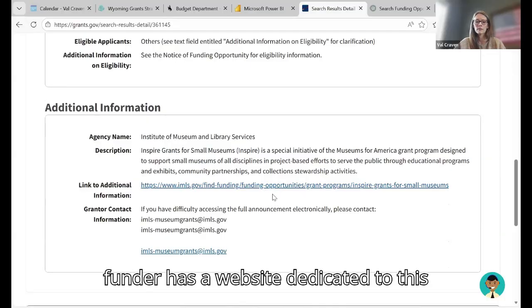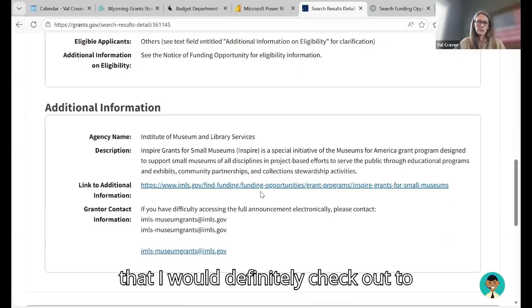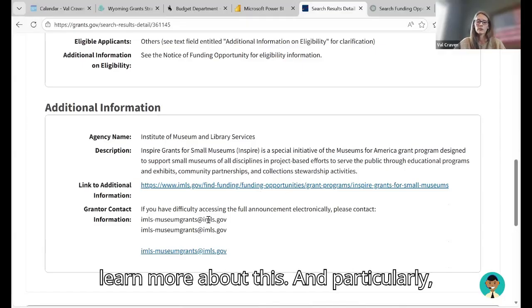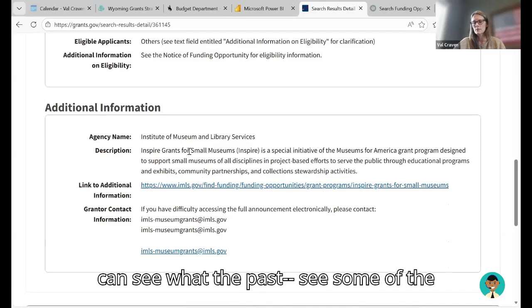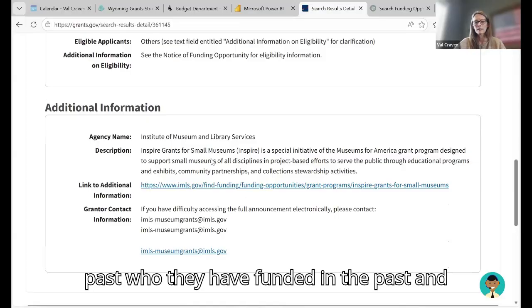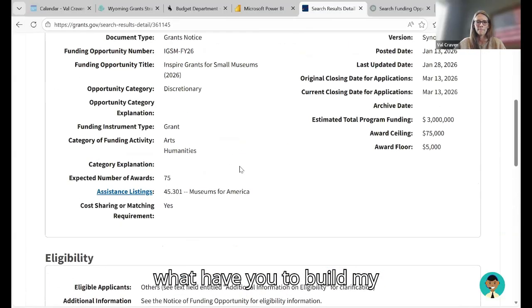So the funder has a website dedicated to this that I would definitely check out to learn more. And particularly, as we talked about earlier, if there were past funding cycles, to see who they have funded in the past and what have you to build